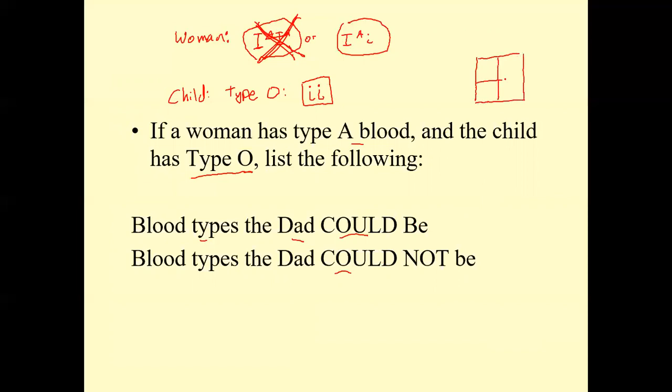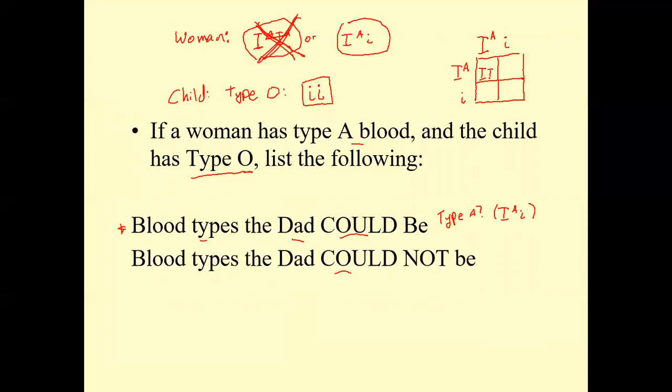I'm going to go ahead and put mom's genotype up here. So she's heterozygous. Let's tackle the first one. What are the blood types that dad could be? Well, could he be type A? Let's say he has the same genotype as the mom, in the sense that he's heterozygous. So if I did a Punnett square like this,